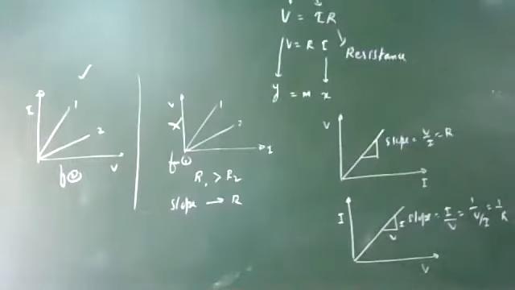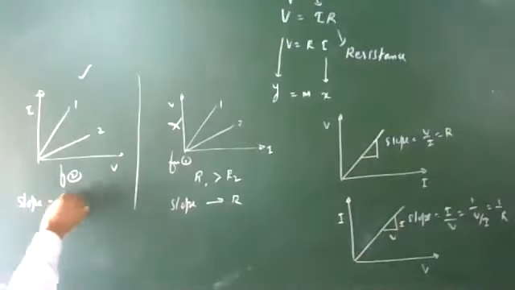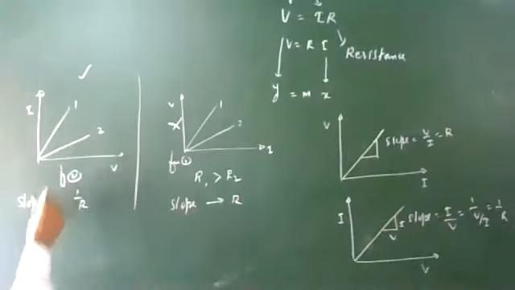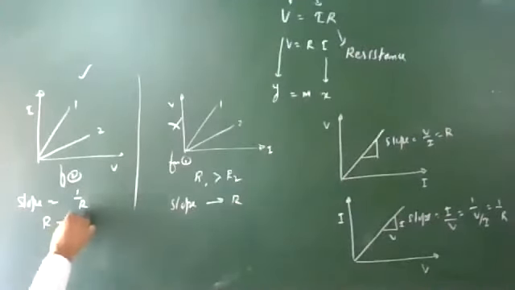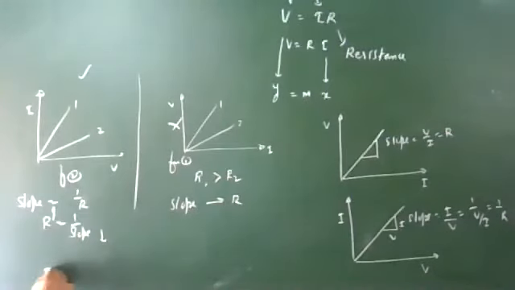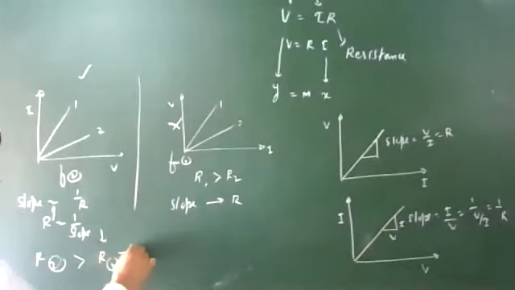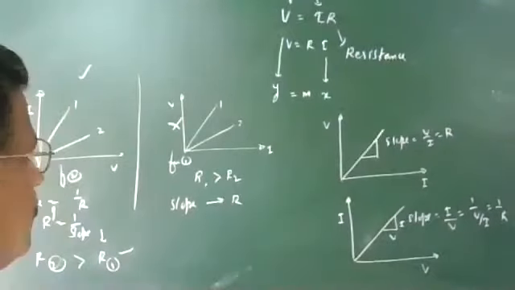Sir, in this the graph has actually been inverted. That means you are saying here slope is equal to 1 by R. Okay, so resistance, its slope is less. Resistance is equal to 1 upon slope. Its slope is less, so its resistance is more. The second one is having greater resistance. R of 2 is greater than R of 1. The simple points that you have to remember. So this is the resistance.